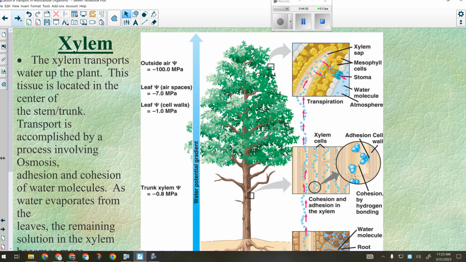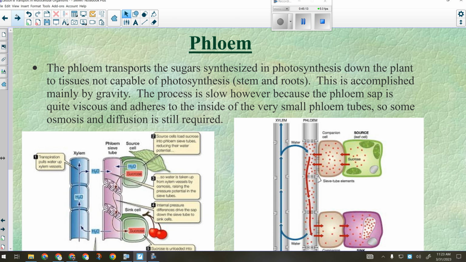So we said already the xylem transports water up the plant. It's in the center of the stem or trunk. It's accomplished by osmosis, adhesion, cohesion, polar nature of water. If I asked you this on a test, did you include all of that in your answer? Yes. And then for the phloem, the phloem transports the sugars down the plant, and they actually interact quite a bit because phloem sap can get really thick, really viscous, and sometimes water needs to go